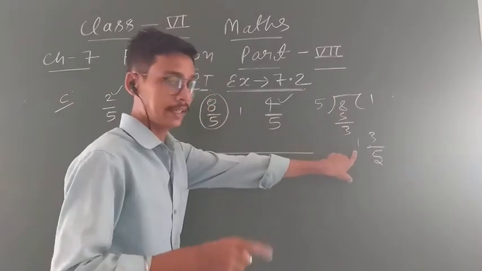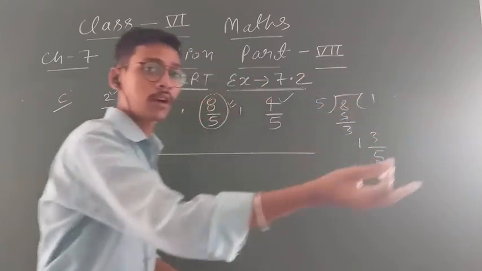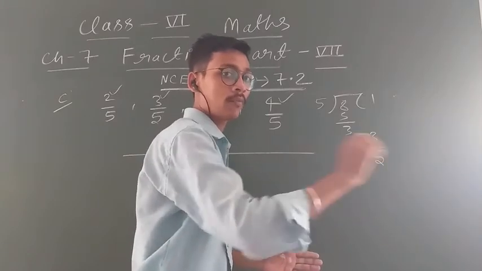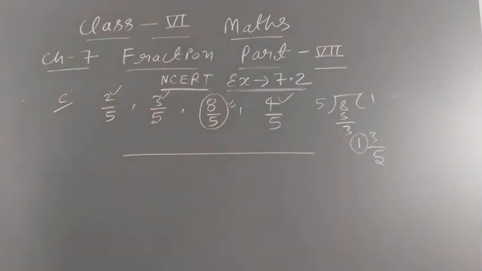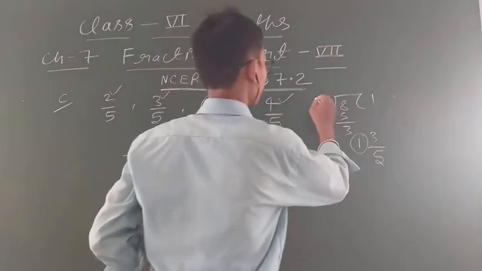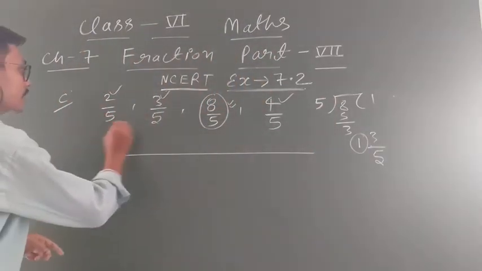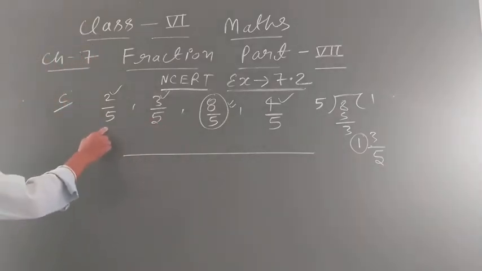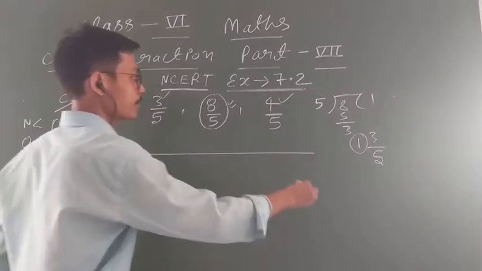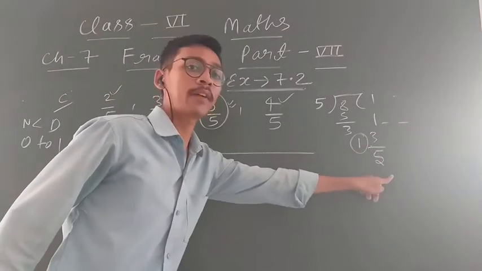Now, it means that on the number line we go forward from 1, by 3 upon 5. So how will we tackle this question? This is 1 whole 3 upon 5. Next thing: 3 upon 5 lies between 0 and 1 because the numerator is less than the denominator. And this one lies beyond 1, so we have to go a little further forward from 1.